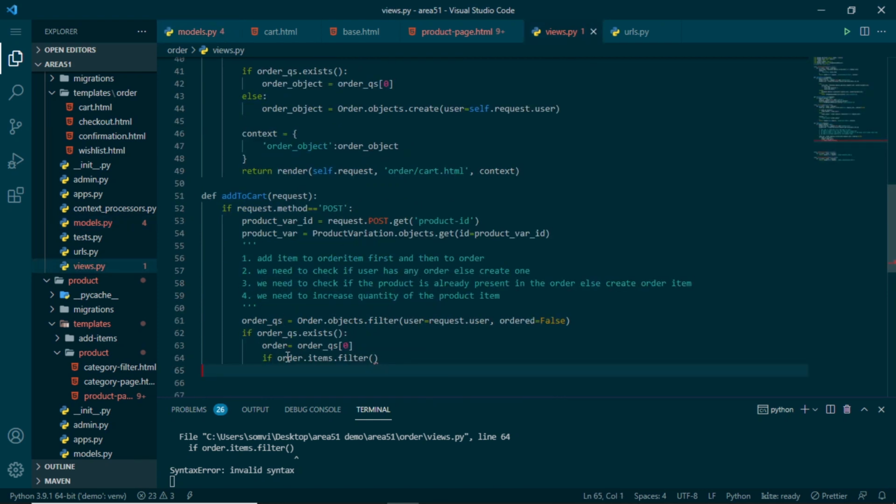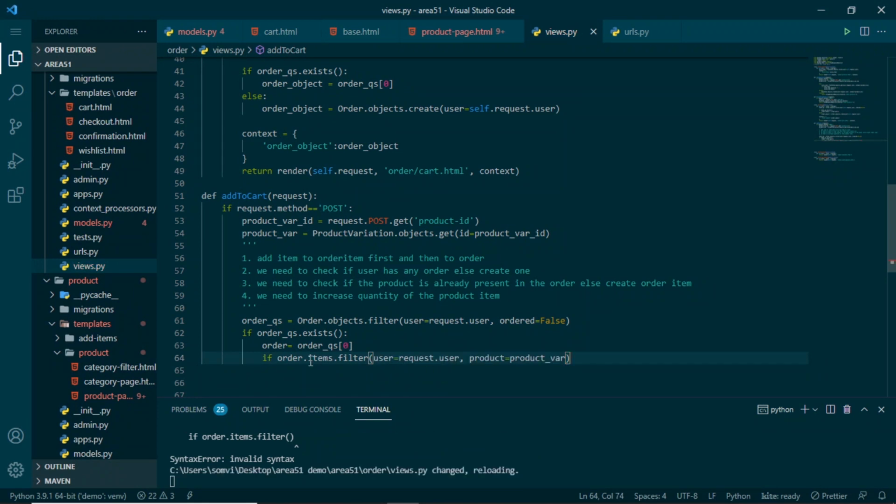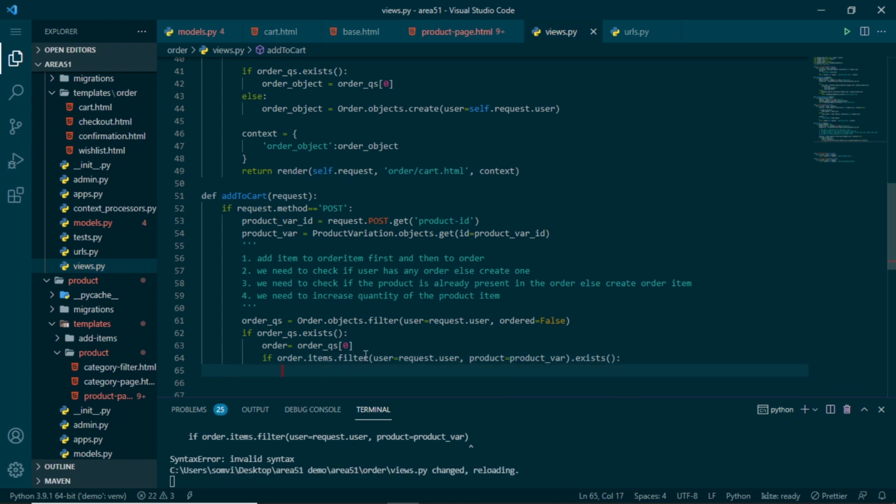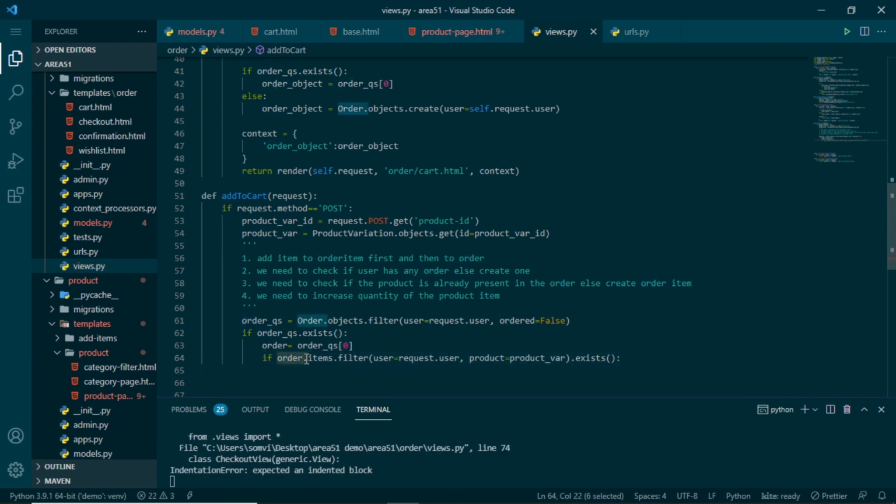So if we are using order.items, that means we are filtering the order items that have many to many relationship with the order object. So in the order item, I can use user and the product variation for my filter like this. So this is a query set, and if this query set exists, which means this order item is present in the order object, then I will increase the quantity by 1.